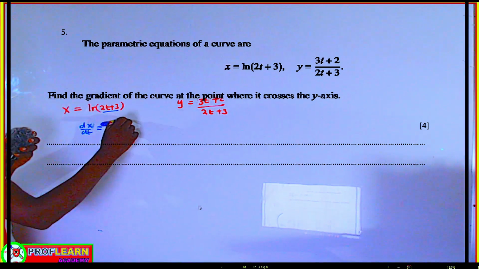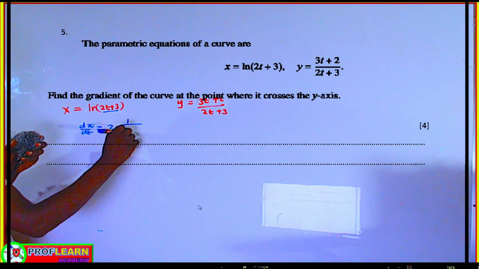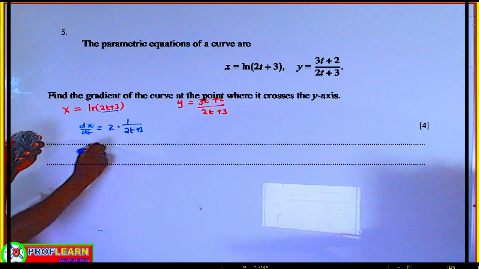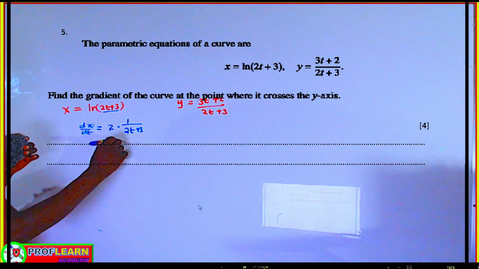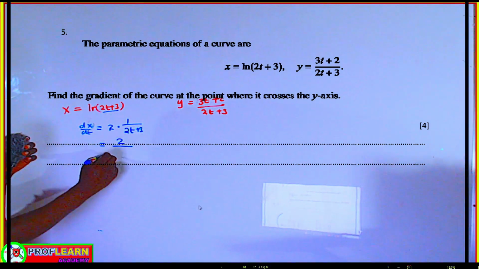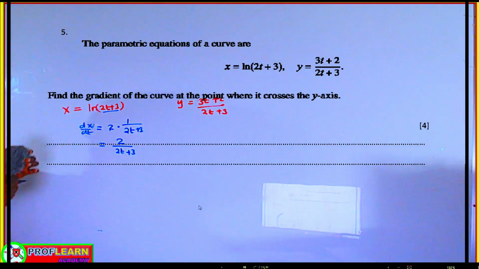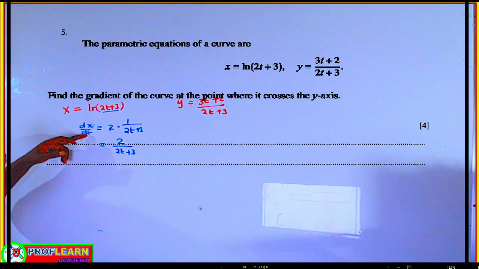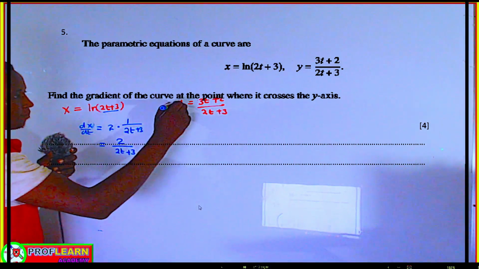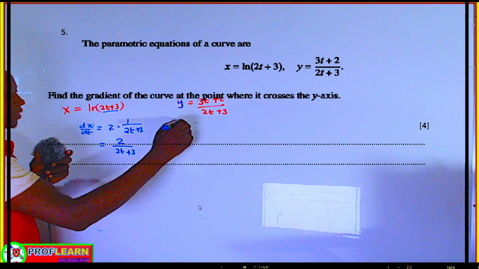Differentiating ln, we are going to get 1 over 2t plus 3. And finally, our final answer becomes 2 over 2t plus 3. That is our dx/dt. For this y, for us to get dy/dt,